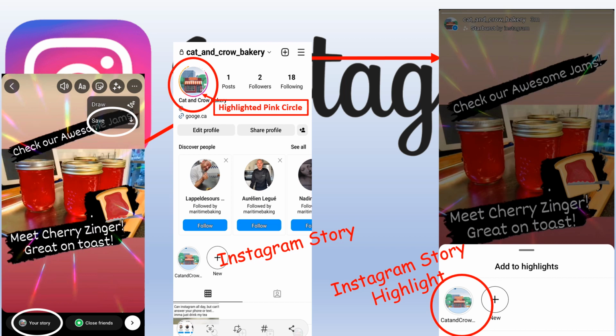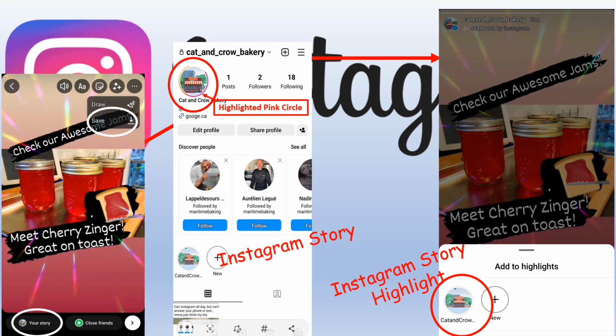Doing this will take you to your home screen where you will see your profile picture light up with a moving pink circle. This is the picture being processed to your story. Once the pink circle motion ceases and turns a solid pink, you now have an Instagram story that will last 24 hours. Click the same circle and the picture that you've edited and saved will appear. Press highlight at the bottom. Finally, a white border will appear at the bottom of the page where you can add your highlight.